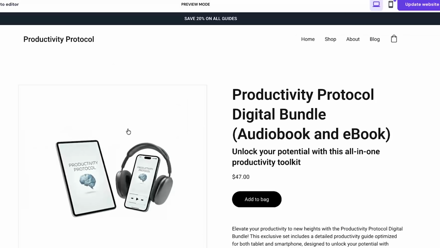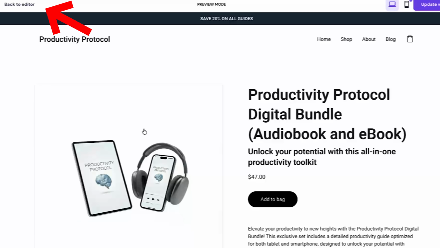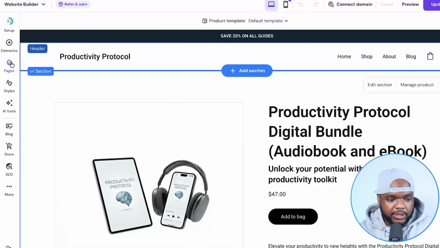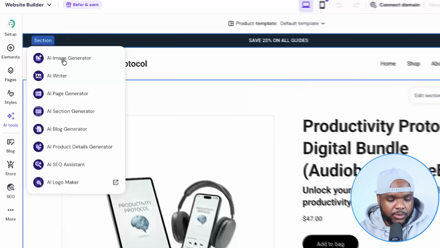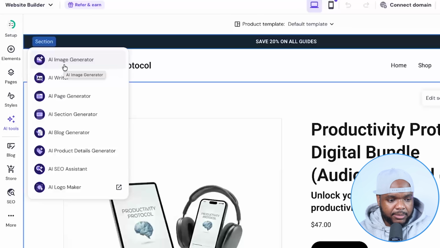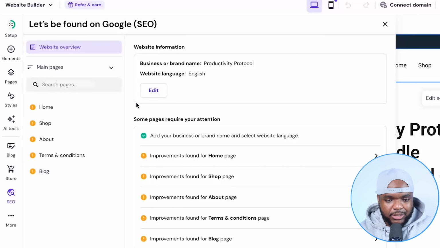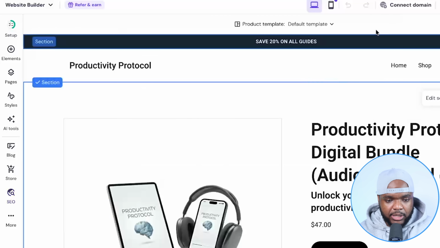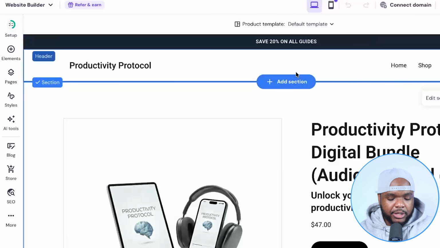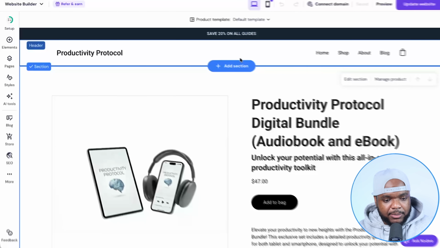And as long as you've set up the back end of your Hostinger account, everything is going to be able to work smoothly. They've also got all of these different features over here. If I just click into AI tools, if you wanted to generate an image using AI, if you wanted to use the AI SEO assistant for you to get ranked in Google, there's so many different capabilities when it comes to using Hostinger. But another platform that I would recommend, specifically when it comes to being able to list some